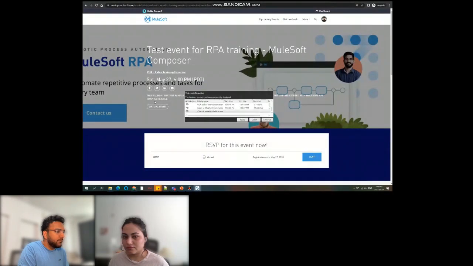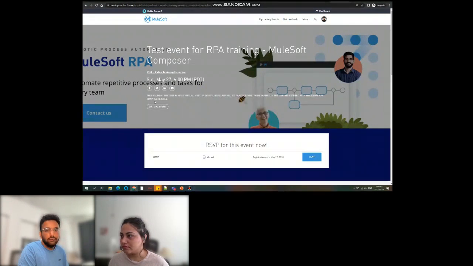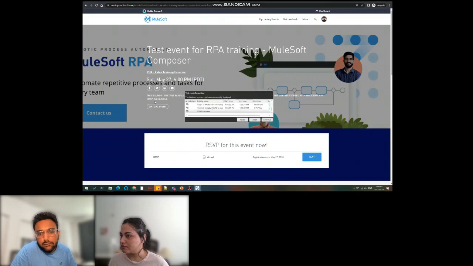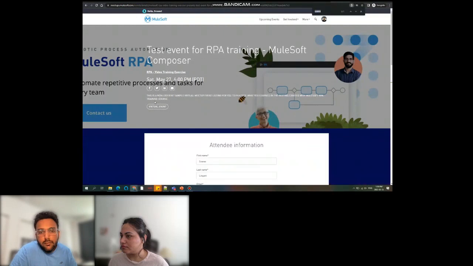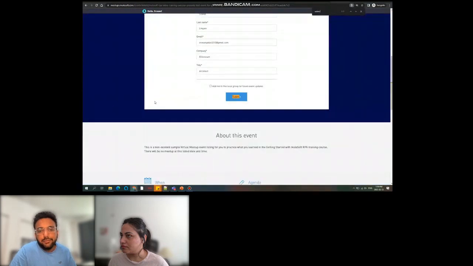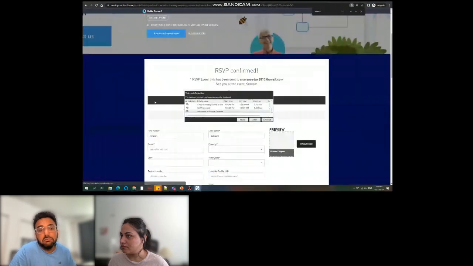Then it's login, and then it will check whether you have already RSVP'd to the event or not. Once it is checked, it's quite evident that it is not RSVP'd earlier. So now it will try RSVPing the event. It will click on RSVP next, and then it will do Control F because I have information already. Search for the submit button and click on submit.